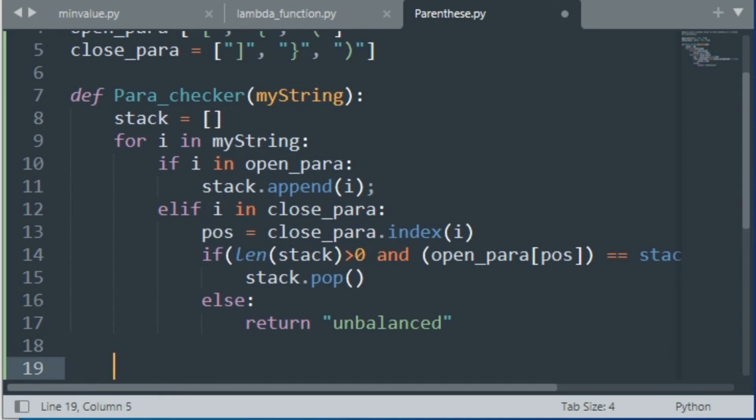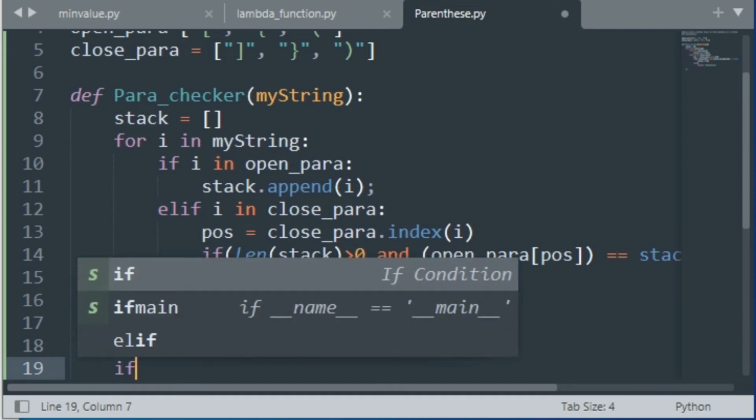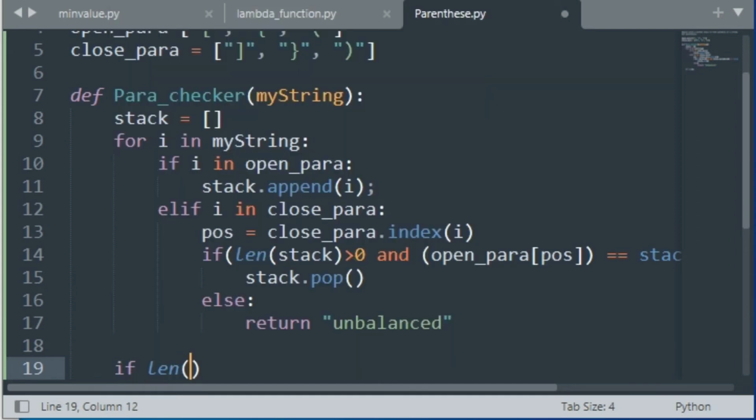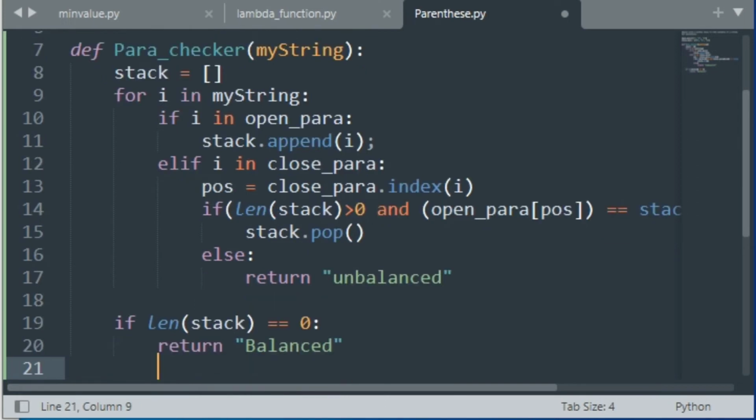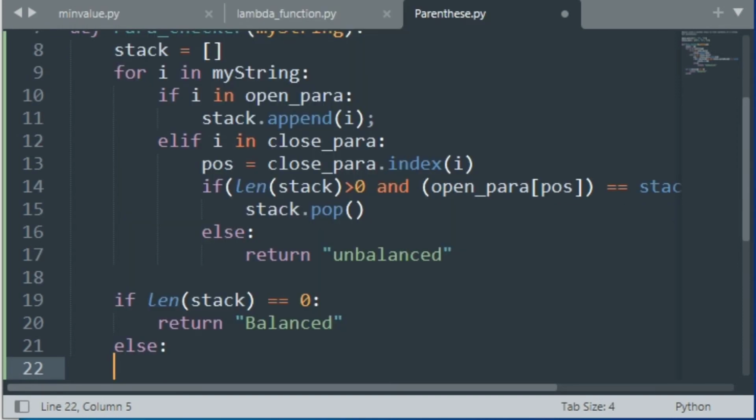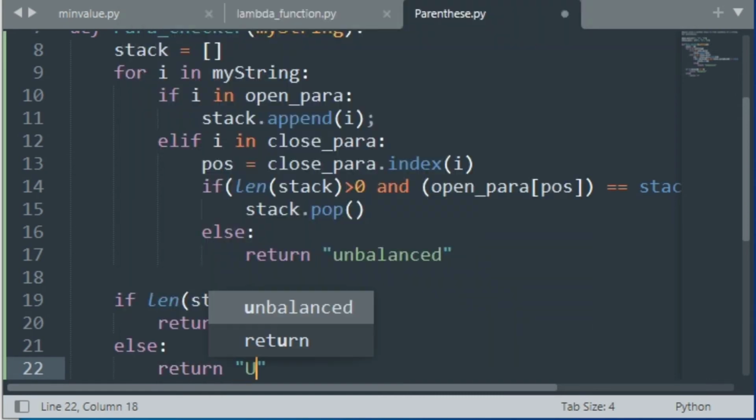If the length of the stack is equal to 0, return balanced. And if it is not equal to 0, return unbalanced.